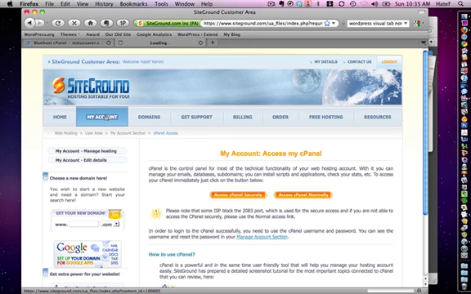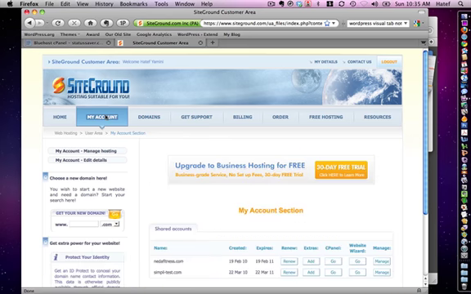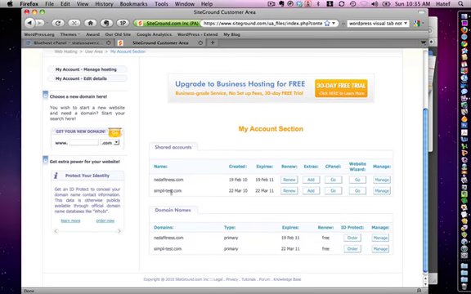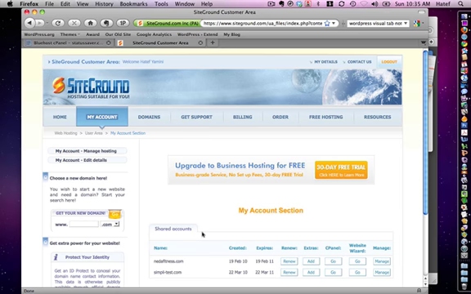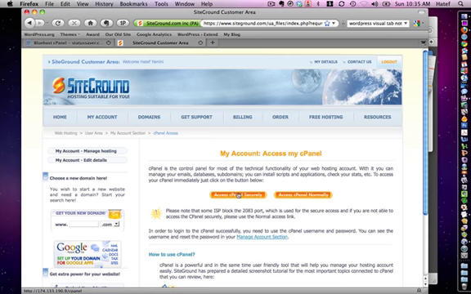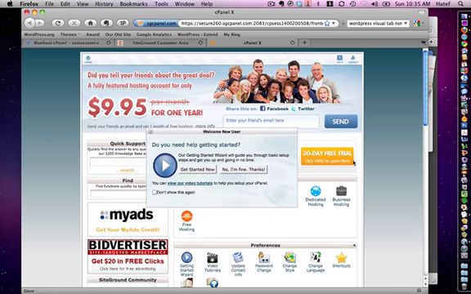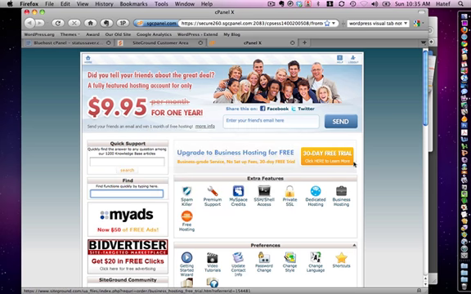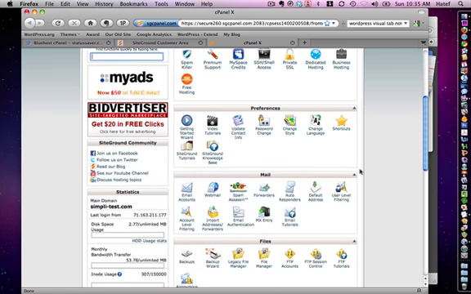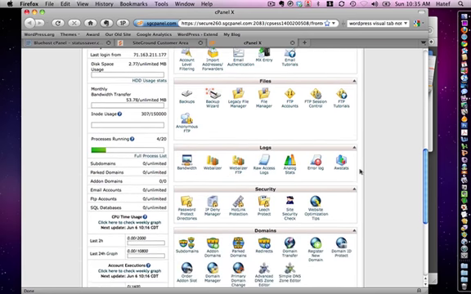Okay, so for SiteGround, the first thing we would do is from the main account area, when you enter your site, click on My Account, and that will take you to a listing of the domains that you have with SiteGround. We need to go here to the cPanel, so we'll click Go to the cPanel, and then we'll click to access our cPanel. We need to enter our password for the cPanel to get in, and once we do that, we'll get to a screen that lists a whole bunch of tools. The tool that we're interested in using is called Fantastico. So we just scroll down,